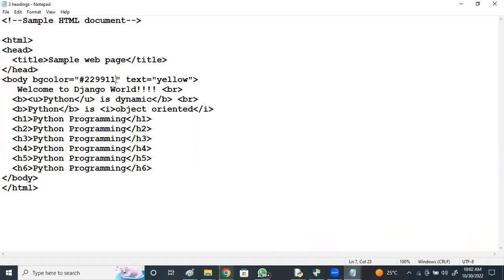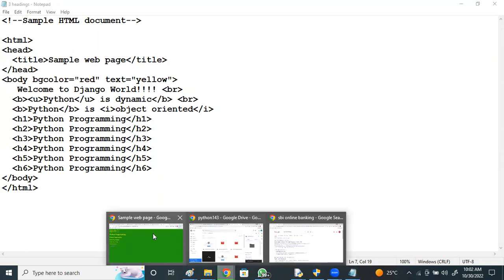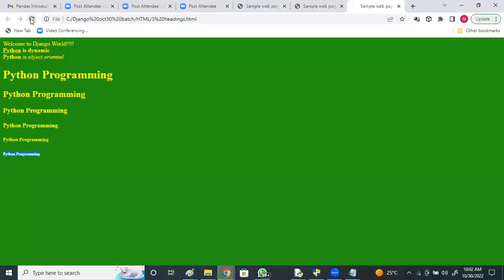Background I am giving red. Refresh. Now you can change it and just refresh. You'll get it like this. Headings: you can see the bigger heading, smaller headings, H1, H2, H3.